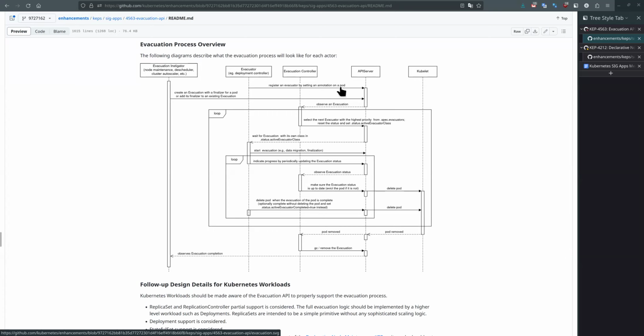So once these annotations are set up, the evacuation object is created by the instigator. Then the evacuation controller will observe the evacuation, and it has an important job: to select the evacuator. It will select it first by a priority, and then it will periodically check if there is a response